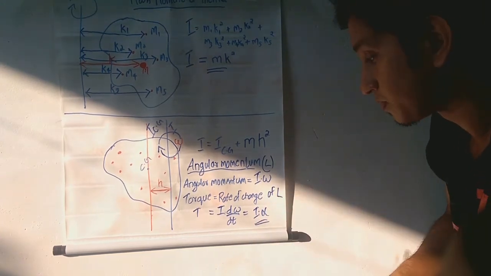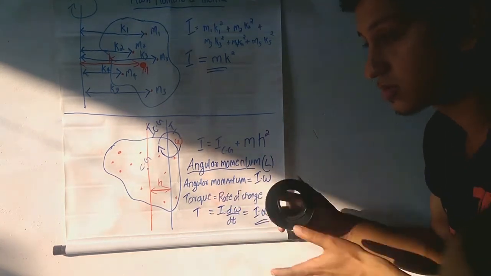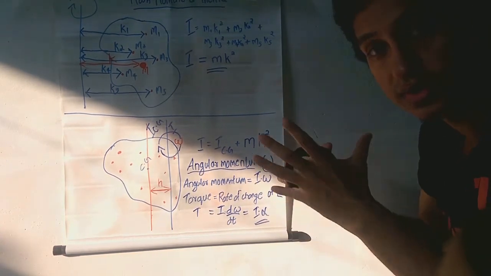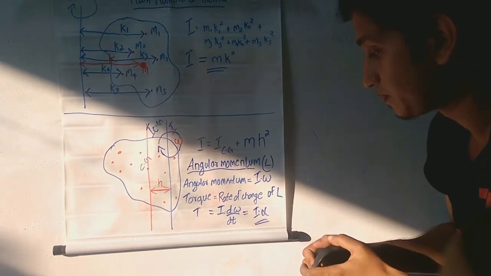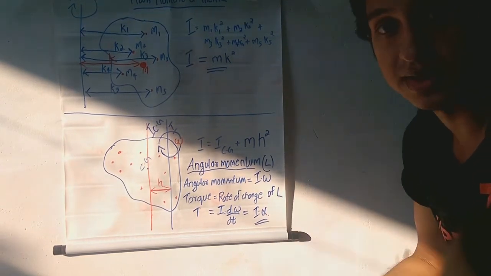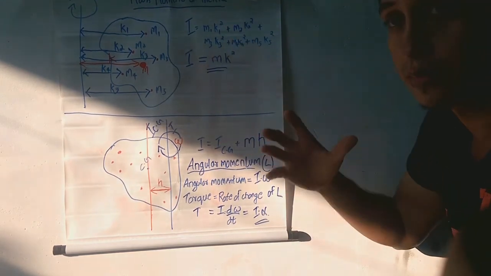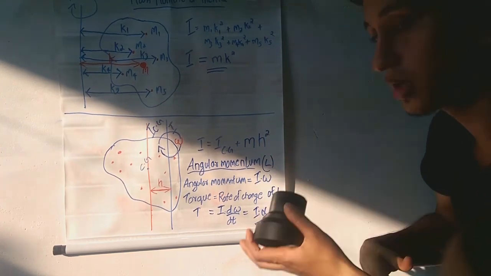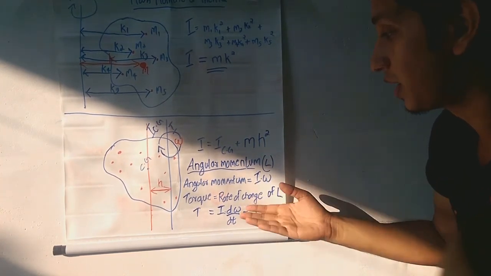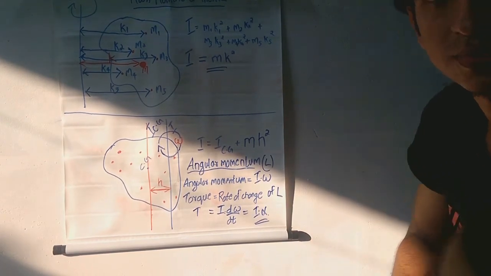In the same way, if your I is less, which means this disc or this rotating body is small, or its mass moment of inertia is small, you can accelerate faster. That is the meaning of this. That is the main use of this mass moment of inertia, how it is related to torque. Okay, thank you.